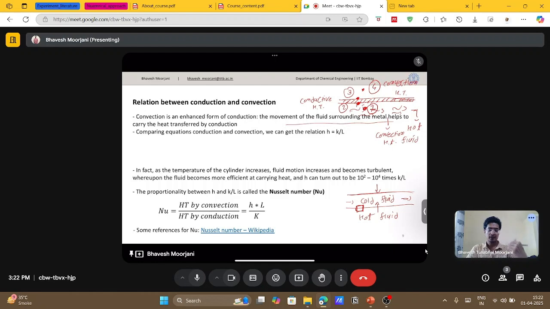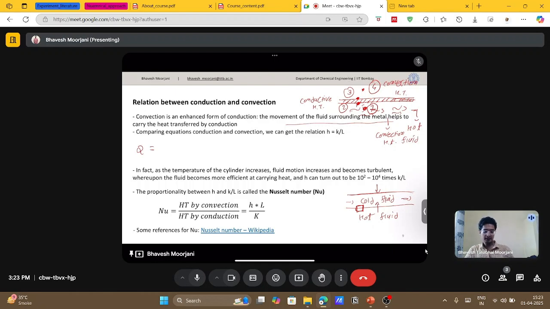And similarly, if there is inside turbulence also, then heat transfer from point 3 to point 4 will further increase, right? So convection in a way is an enhanced form of conduction where both help each other. So if you want to draw a parallel, we can compare the heat transfer by conduction and